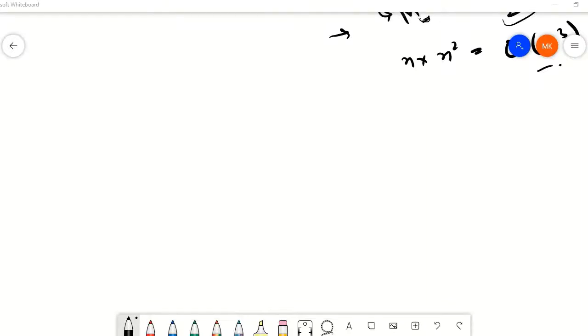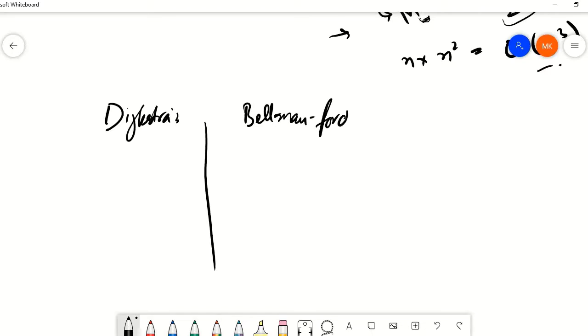Hello again. In this lecture we are going to have a comparison between the shortest path algorithms that we discussed, that is the Dijkstra's algorithm and the Bellman-Ford algorithm. So starting with computational cost, as we found out earlier, the Dijkstra's algorithm has a computational cost of (n plus v) into log of n, where n is the total number of nodes and v is the total number of edges. Whereas in case of Bellman-Ford's algorithm, it's n cube, considering n square edges and n is the